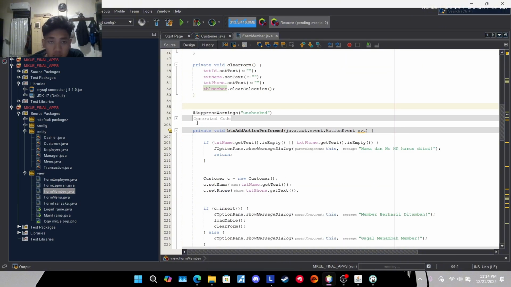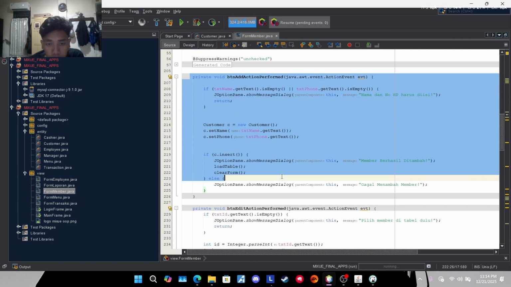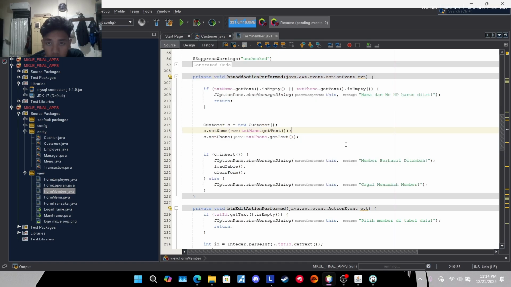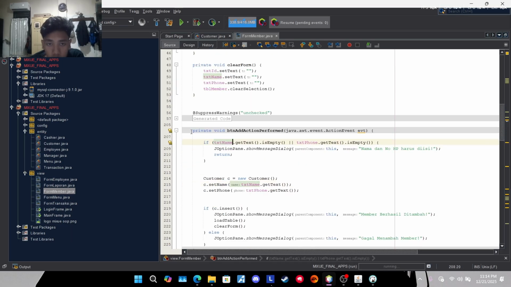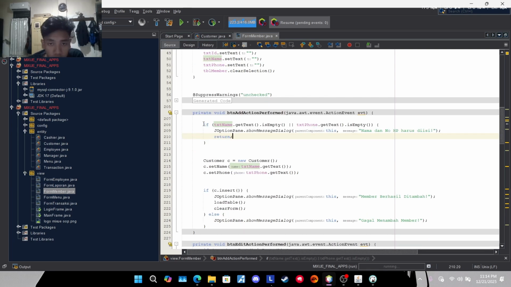And next is this adding customer button. So we are using private. This is basic from the NetBeans, and we are using if.